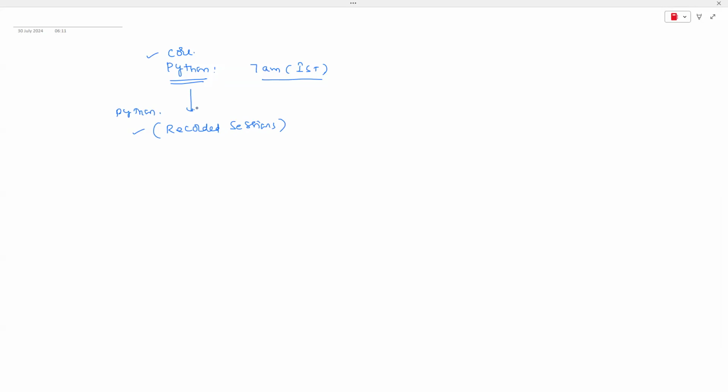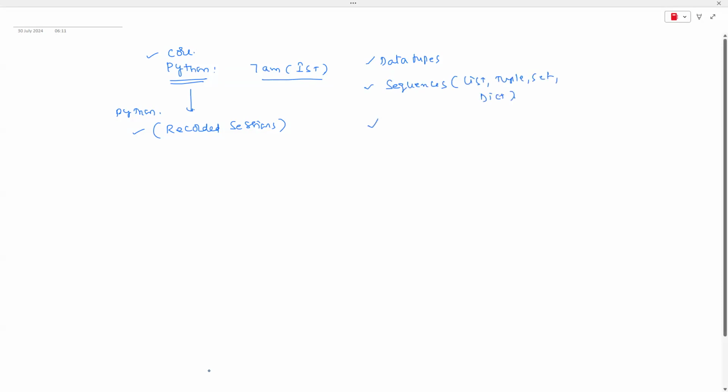I'll tell you a few topics related to that at a very basic level. In the Python language, we have the concept of data types, and we have something called sequences. The sequences are very easy: they are nothing but a list, tuples, sets, and a dictionary. A few topics like this.